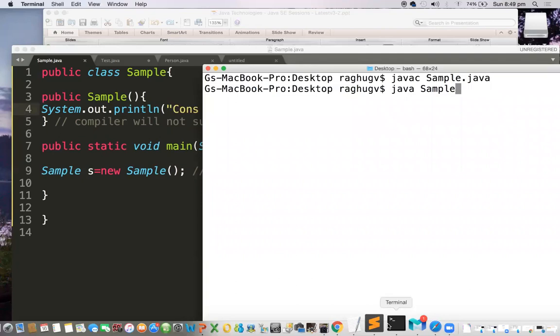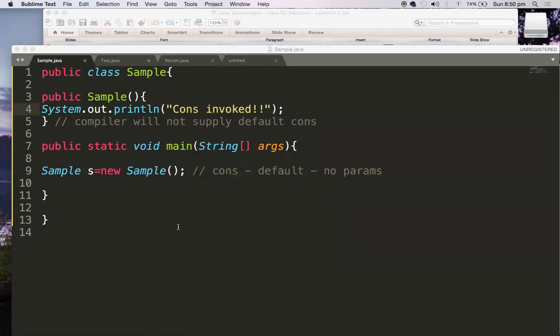Then when I say java Sample, when the constructor is invoked, there is no data to construct the object, but the object will get constructed and the reference will be returned, though the object has nothing. But when the constructor is executed, it has a statement to print, and that gets printed. See, constructor invoked.